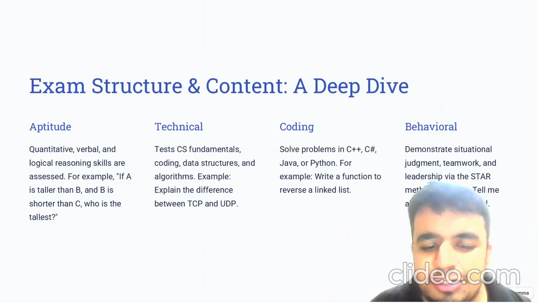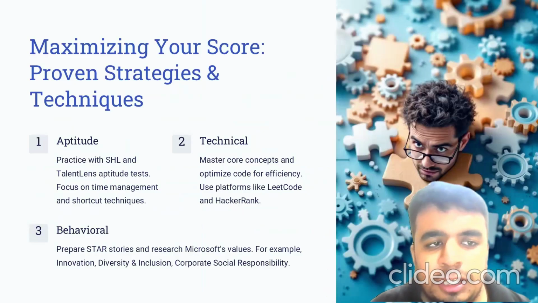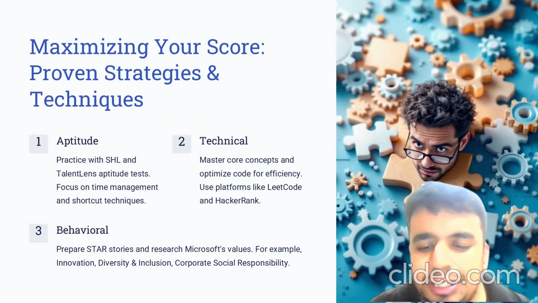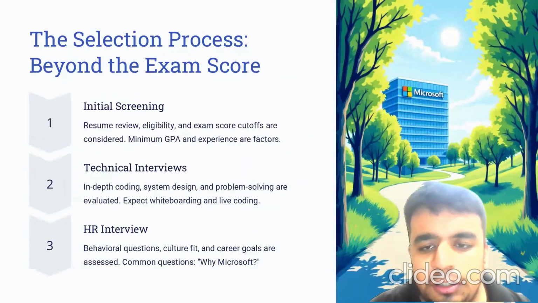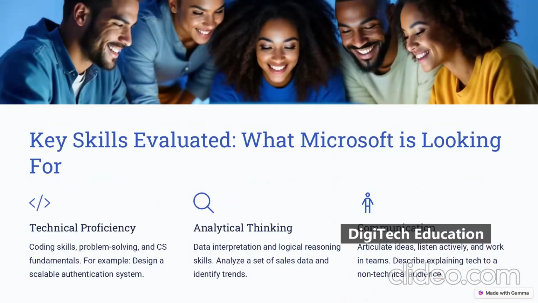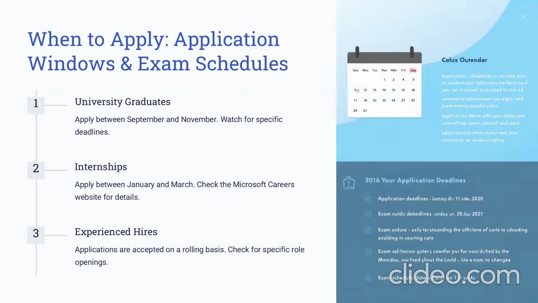एग्जाम के चार स्ट्रक्चर्स होते हैं। देन किस तरीके से आप स्कोर को मैक्सिमाइज कर सकते हो। Then we have the selection process. Then exactly the key skills for which Microsoft looks are these. Then we have when to apply, the best thing. Okay, where